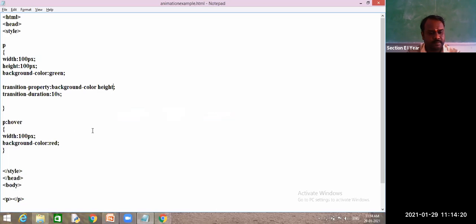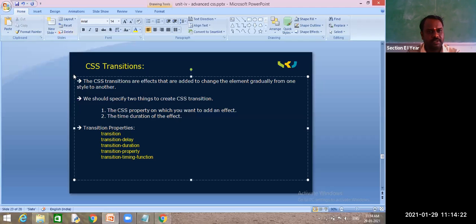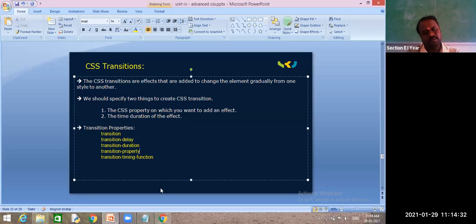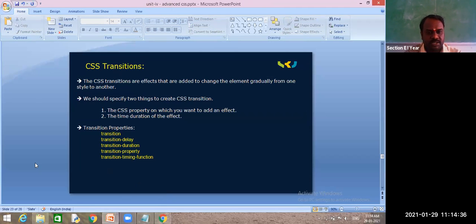It is not applying in reverse, but when I write width, it applies both immediately. Something may be browser dependent, they are browser dependent.